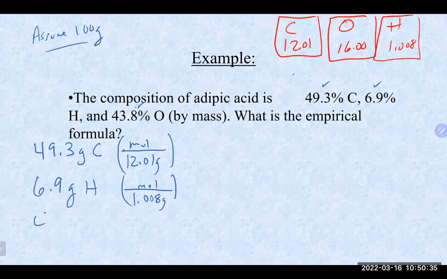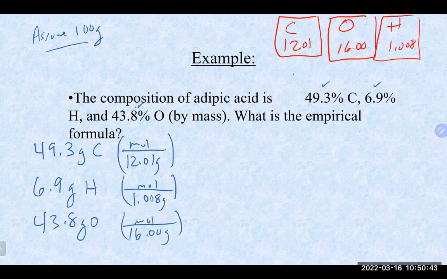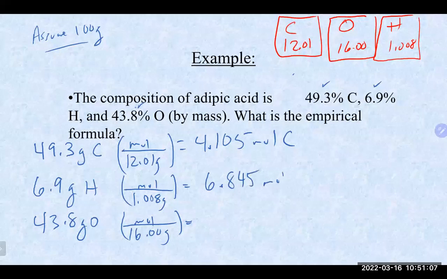And we would have 43.8 grams of oxygen, which we would divide by the molar mass of oxygen, which is 16. That again will turn us all into moles here. That gets us 49.3 divided by 12.01. We'll call it 4.105 moles of carbon. 6.9 divided by 1.008 gets us a 6.845 moles of hydrogen, and 43.8 divided by 16 hits us with a